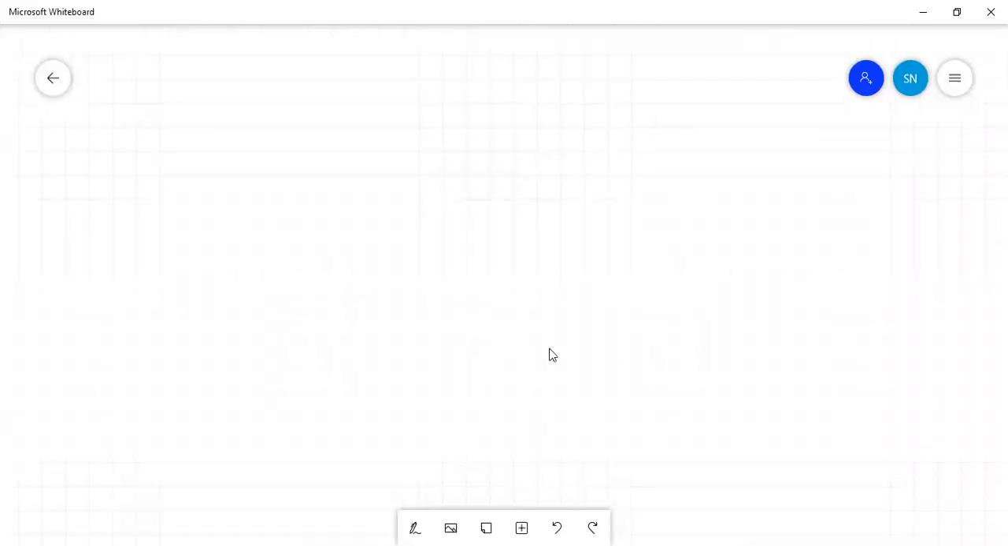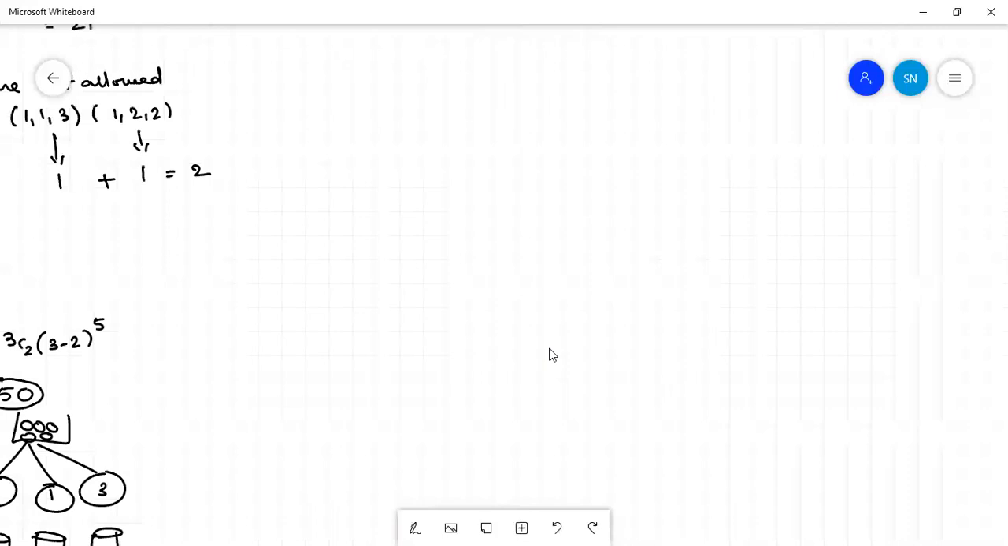That is, 5 different balls can be arranged into 3 different boxes so that no box remains empty. The last example is